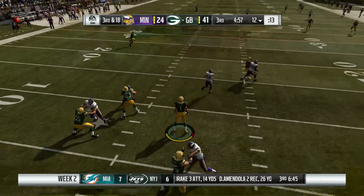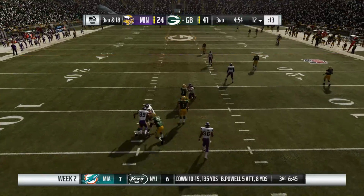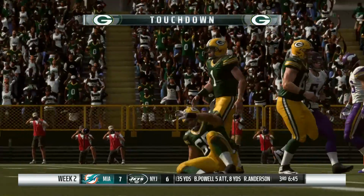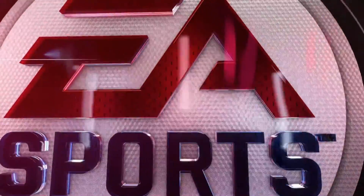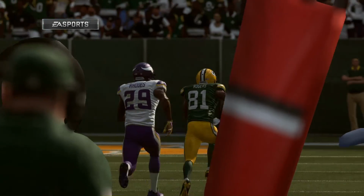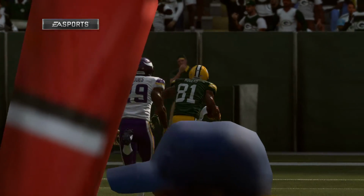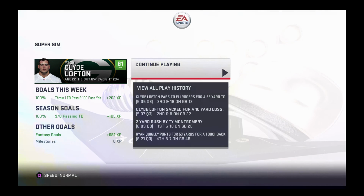He's got a man complete. He's at the 30, 10. And he will get this into the end zone. Touchdown, Green Bay. Eli Rodgers scores his third touchdown of the season, all coming in this game. And the Packers add on to their lead. And this is obviously quite a performance. And most of the time when we talk about someone putting it...